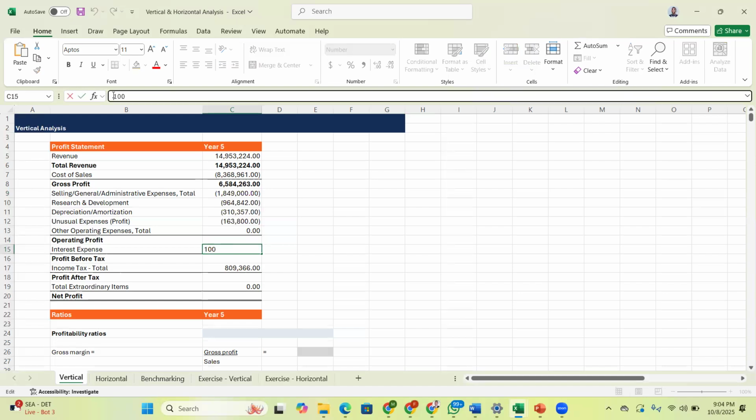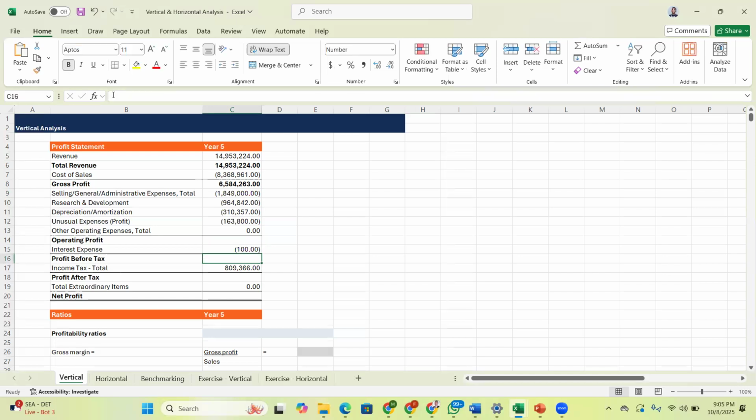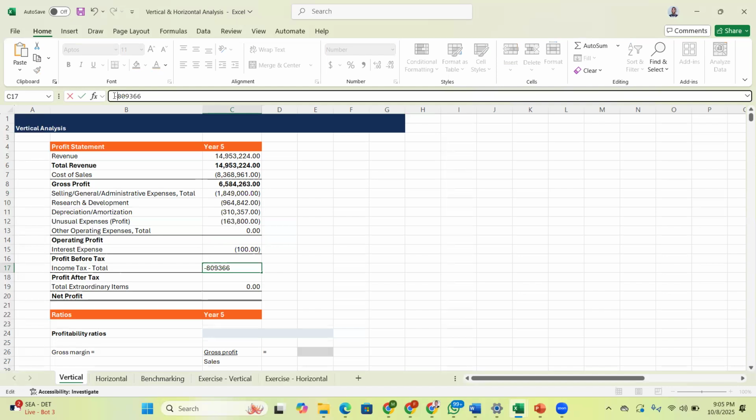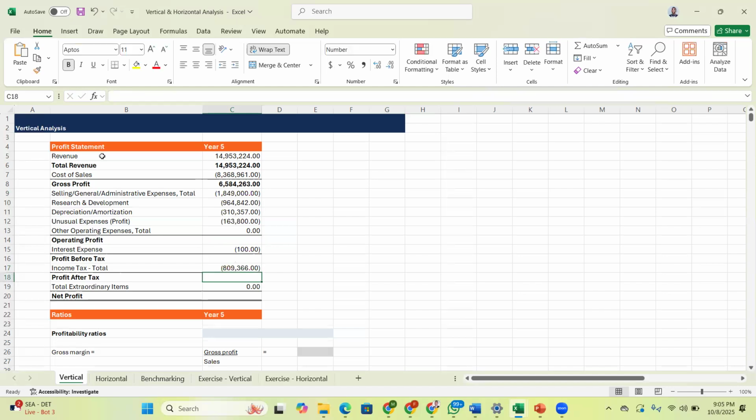Interest expense is also negative. So I'm saying minus 100, like, okay, minus 100 is a negative, we should deduct. Income tax is also negative because it's an expense. All right, so now what I want to do is, normally if I want to know all my expenses, so